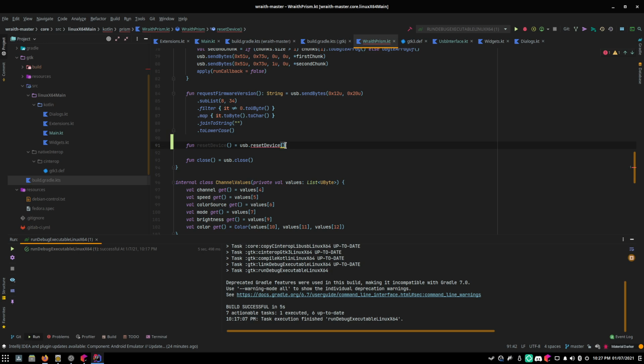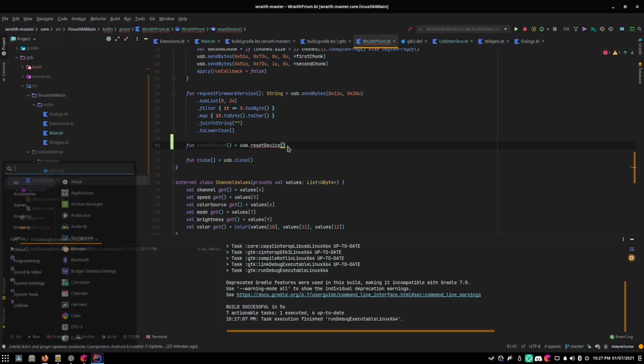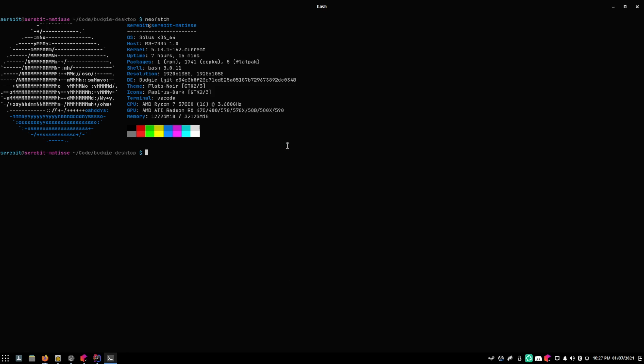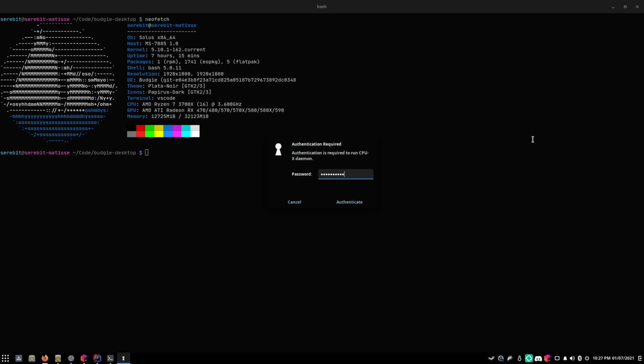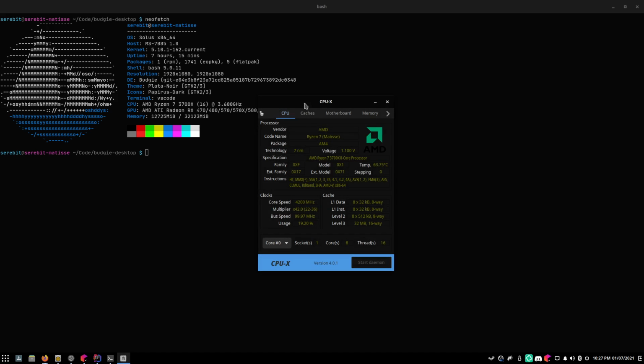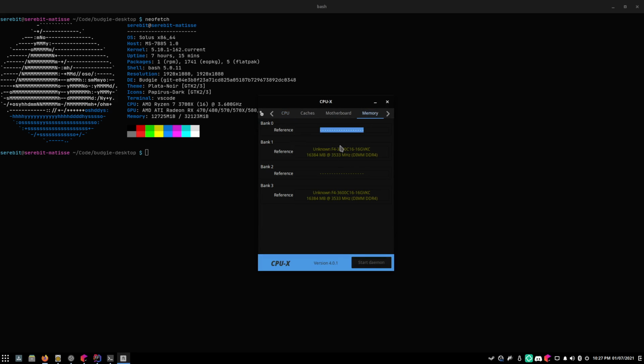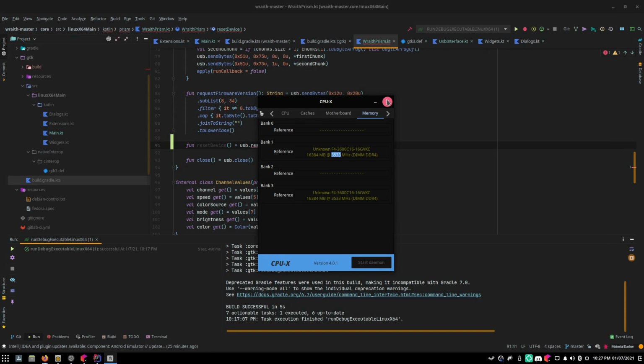I should try that with my Ryzen, actually. I wonder how much I could get out of it. My only concern is idle power with Zen 2 and Zen 3, because the IO die pulls like 11 watts if you're running DDR4 3600. Oh yeah, speaking of which, this doesn't show it, but my RAM is running at 30. Actually, I can open up CPU-X. So my RAM is 3600, but it's running at 3533, and the reason for that is because my